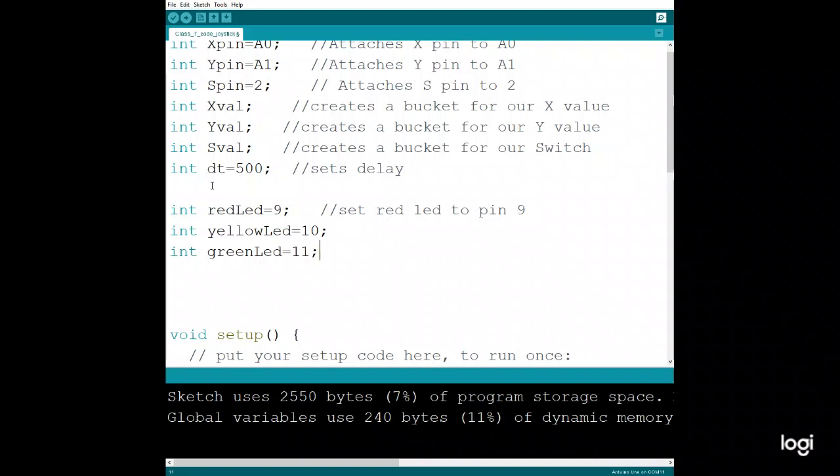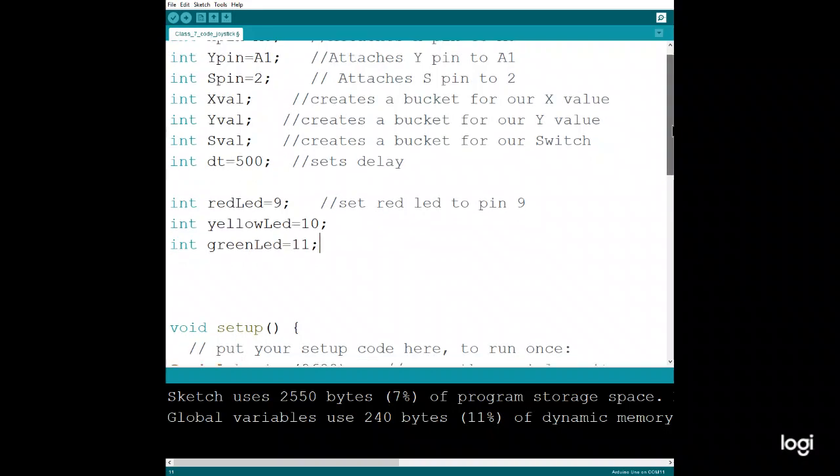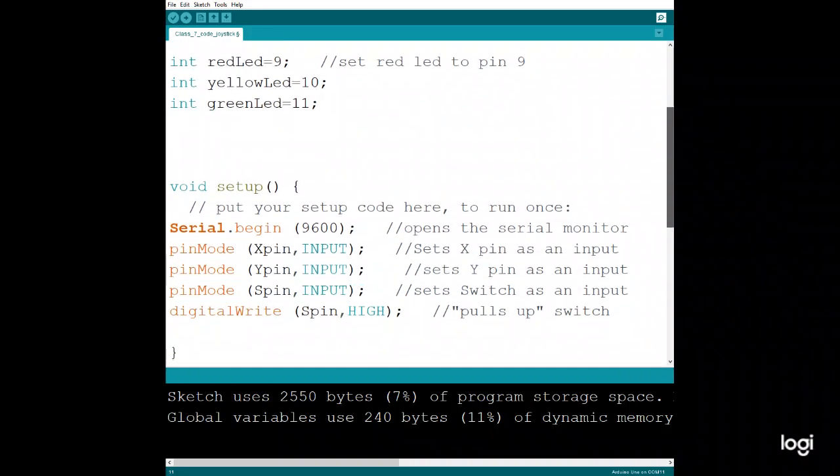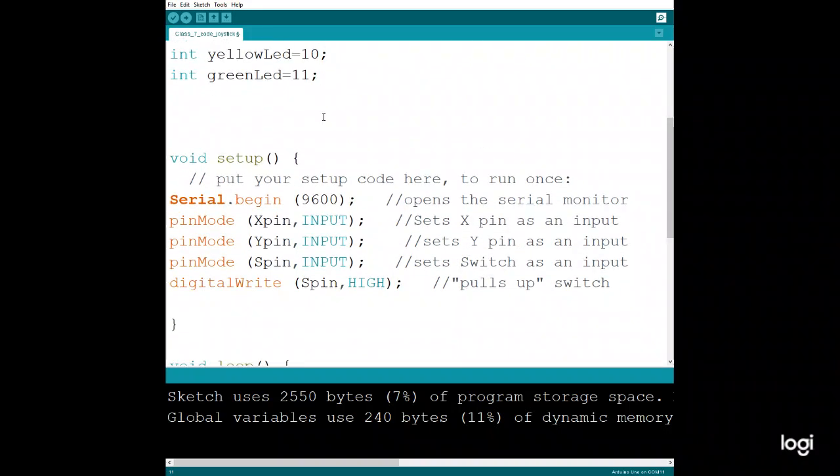Alright. I like that. So now we've got 3 more pins set up. What do we need to do? Set up our pin modes. So pin mode